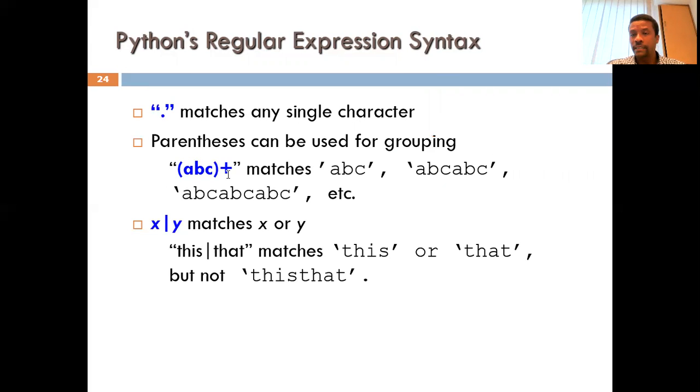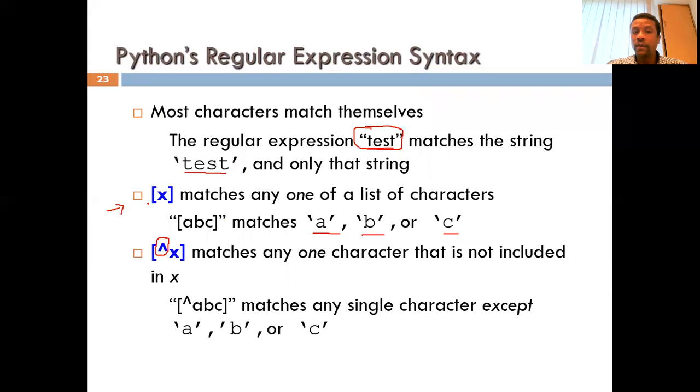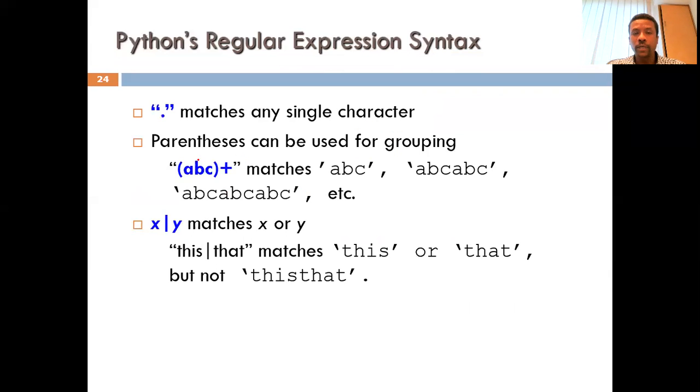The other one is a curved bracket. A curved bracket means ABC as one string. Mind you, previously what have we seen? Previously we have seen that if you put it in a square bracket, it means any one of the elements within the bracket. This is a square bracket. But if you put it in a curved bracket, it means ABC as one string. Okay? So if you have a regular expression of, let's say,